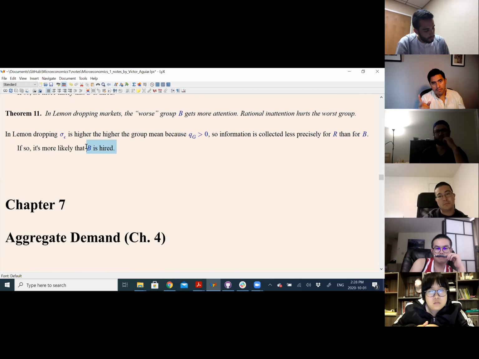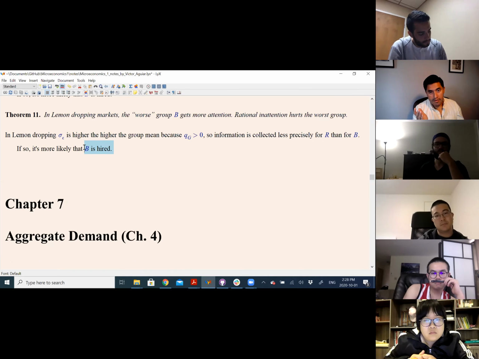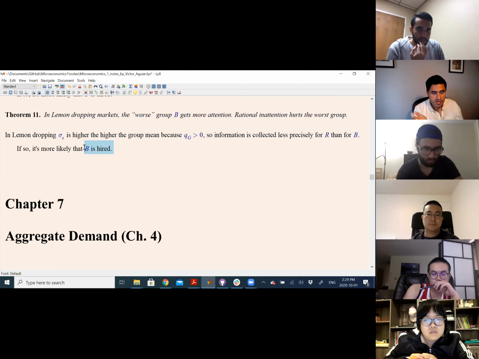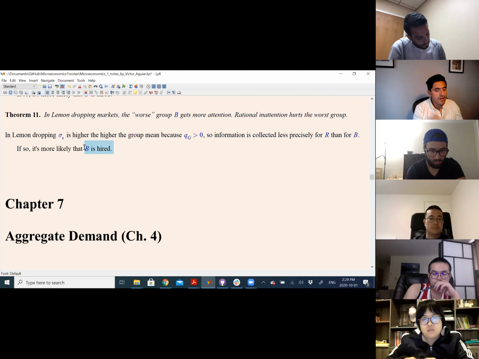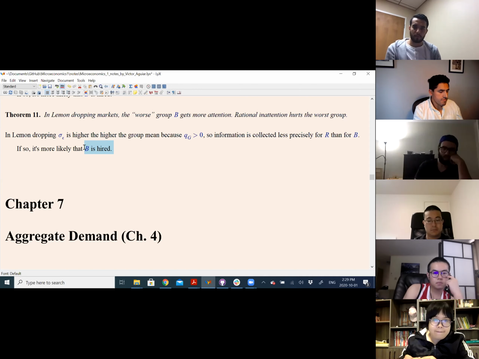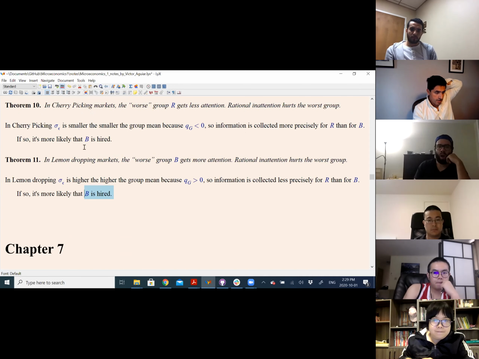So it turns out that in both cases, as long as there is some level of discrimination, right? Always, you know, the red group ends up worse because there is discrimination. As long as there is costly information acquisition, there is discrimination. So the only way there is no discrimination is if you have perfect information, right? So full precision, okay? So if you don't have it, there is discrimination. And now the nature of this discrimination changes according to the market and other features. So we're going to check this with more care next time.